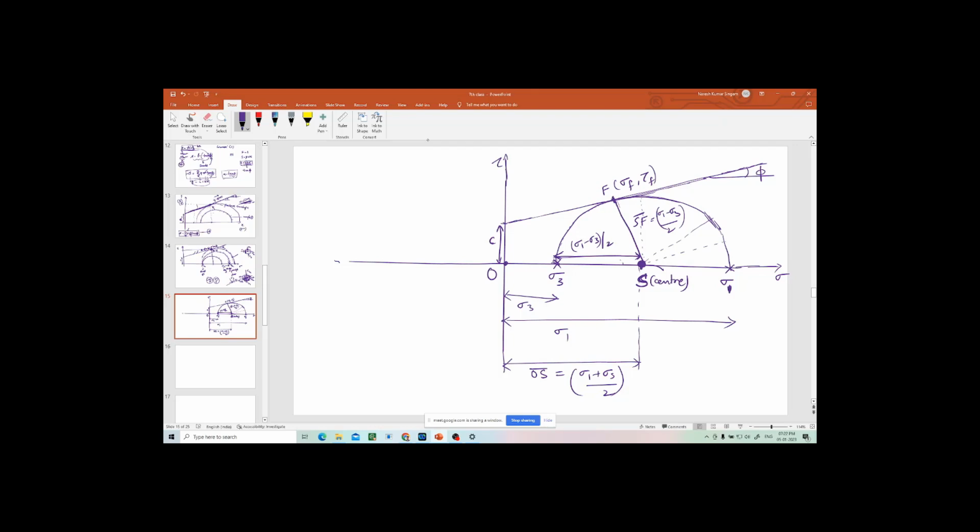So I'm just giving these points, SF and SO, all these things, because suppose if you extend this line, this is also phi. Now, let us say this is A and this is B, so AOB, then ASF, using all these triangles you can derive one equation. That equation is,